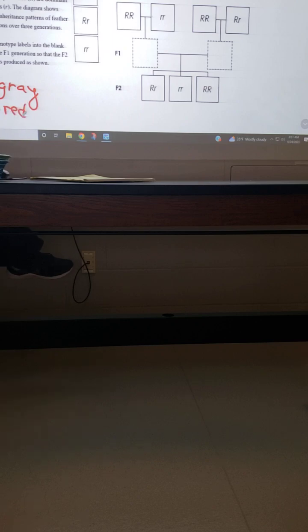See what they did? This is kind of tricky. Most of the time, we assign the dominant color the letter. Like, you would think this would be a capital G, and they tricked you, or they're trying to be tricky and make it R. So you think that the capital R means red. Why would they do that? Like, that is just dirty. I don't like those tricks and those little games that they play. That's frustrating to me, because